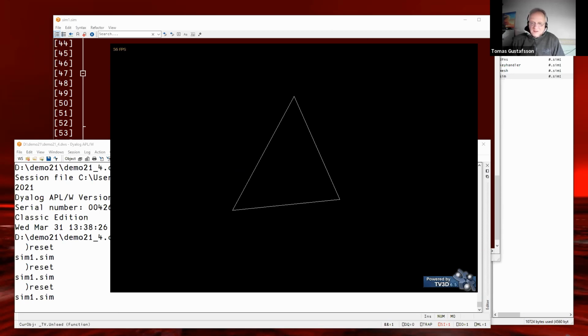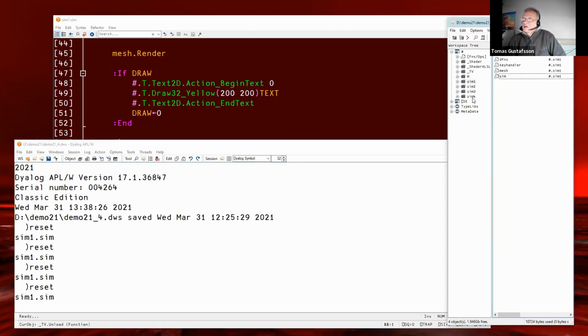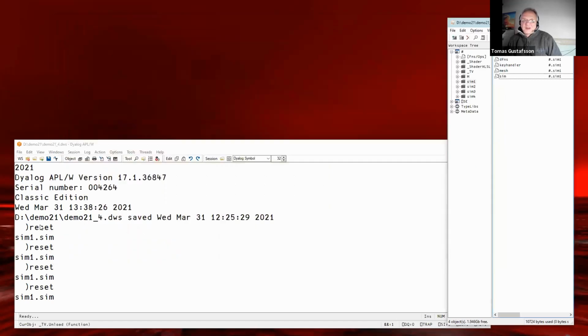Now I'm going to press escape, and you recall there was one callback, the key number 1 abort. It said hash.sim.run is 0. So I press it now, and it exited, and we are back to the session. And note there is no sim namespace any longer. So it's very clear. I can run and restart this over and over again.